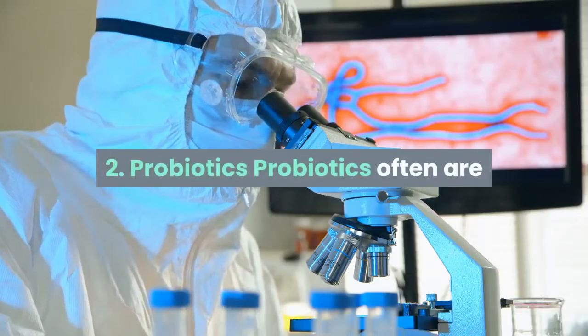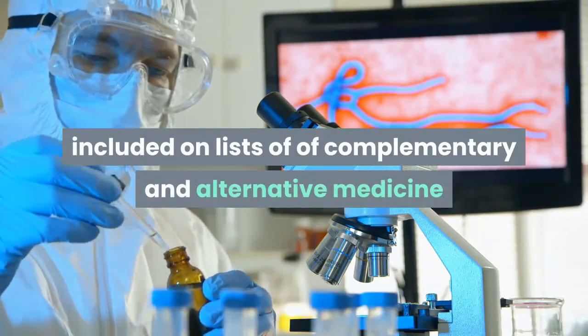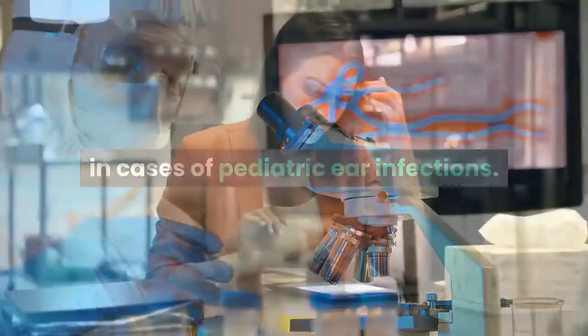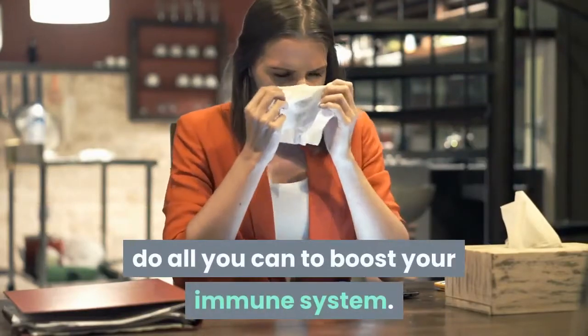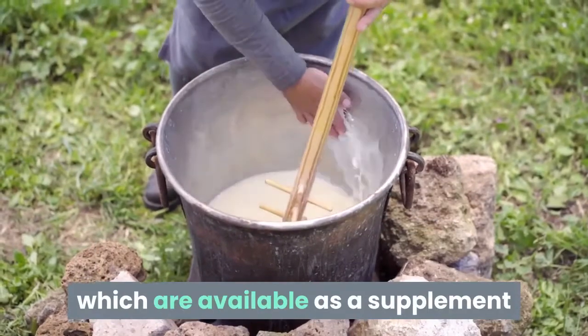2. Probiotics. Probiotics often are included on lists of complementary and alternative medicine that have been shown to be effective in cases of pediatric ear infections. Having an ear infection means you want to do all you can to boost your immune system. One of the best ways to do this is with the help of probiotics, which are available as a supplement